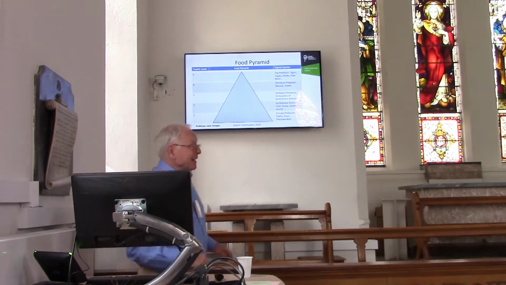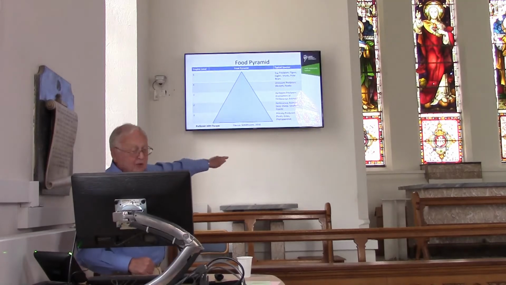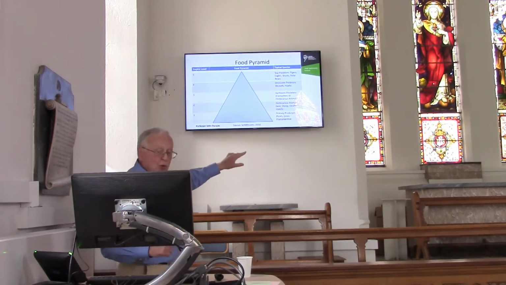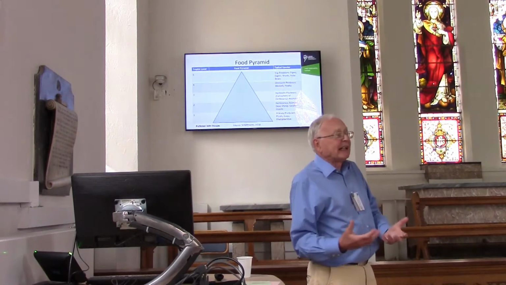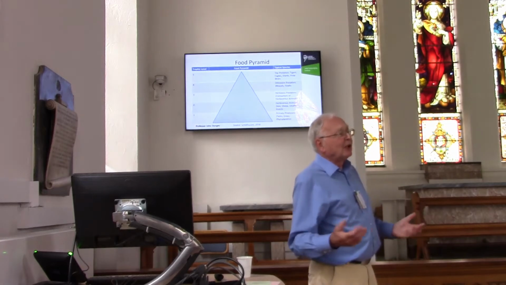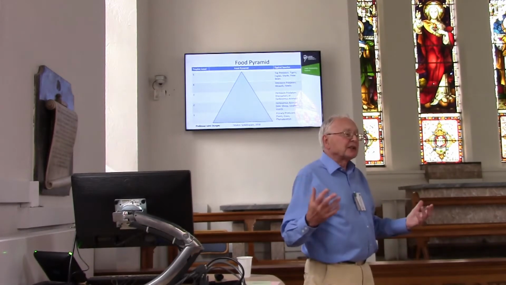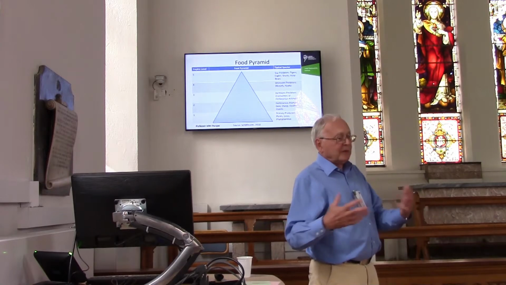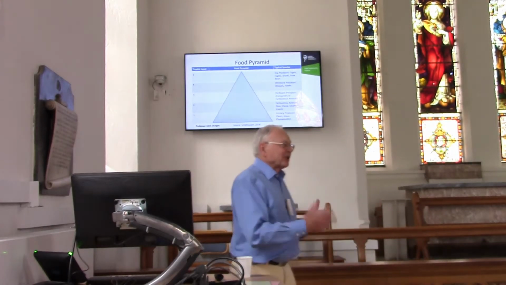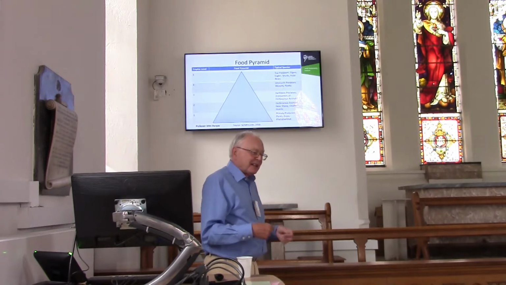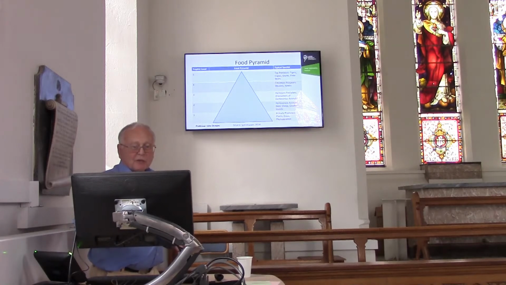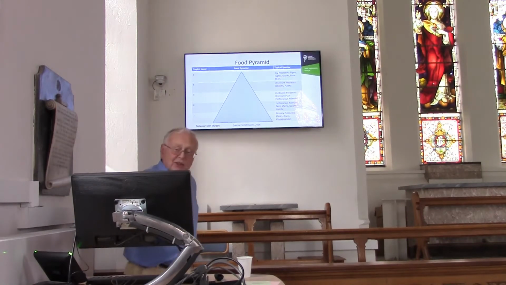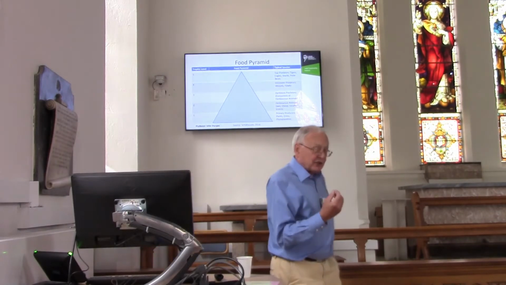Now, only 10% of the food value of the primary producers is taken up and turned into food in the herbivorous animals. By food, I mean the bits of the animal that you can kill and eat. Where does the rest go? Well, it's like the loco. It goes in heat losses, it goes in waste production, excrement, it goes in driving all the systems that keep the animals going, and then of course what lives on the herbivores, you've got various carnivorous creatures, and each time you go up to the next trophic level, only about 10% of the energy is transferred.